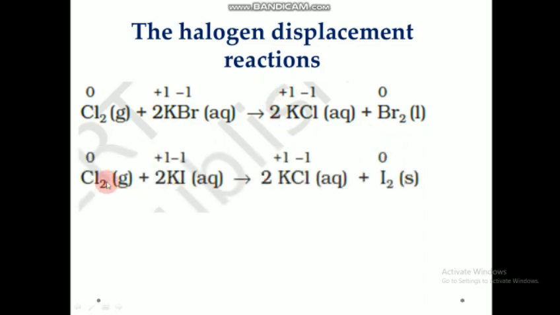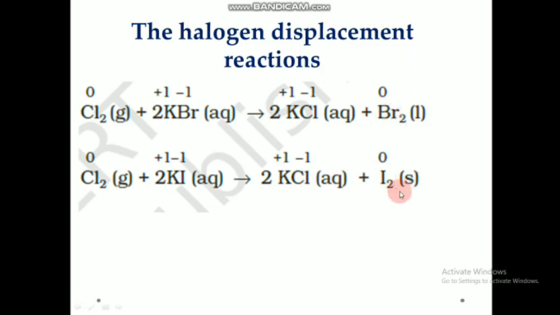This is another reaction, chlorine substituting iodine, the same reaction which we told in the case of bromine. Iodine is also substituted in the same way, where iodine is liberated, and bromine is liberated in the other case. This is actually a very important reaction in the laboratory, because if we need to find out the presence of bromine and iodine, it is easily done through this method. Once we add chlorine, iodine and bromine get liberated, which have color. Once the liberation occurs, we will be able to understand that bromine and iodine are liberated.